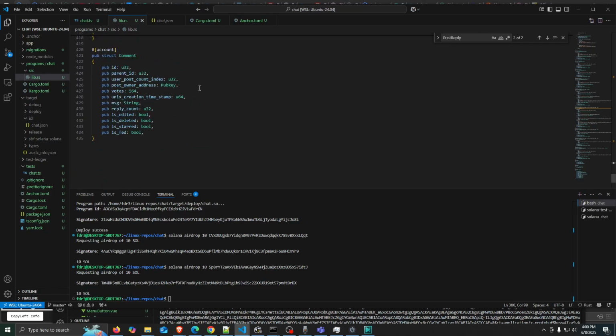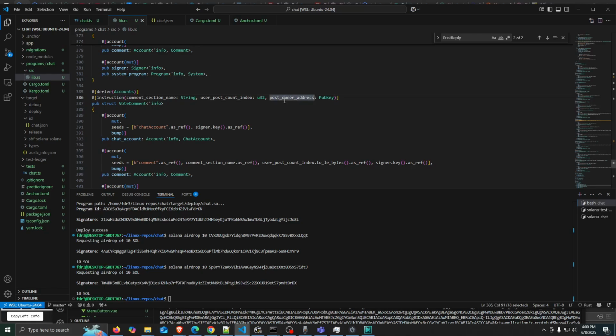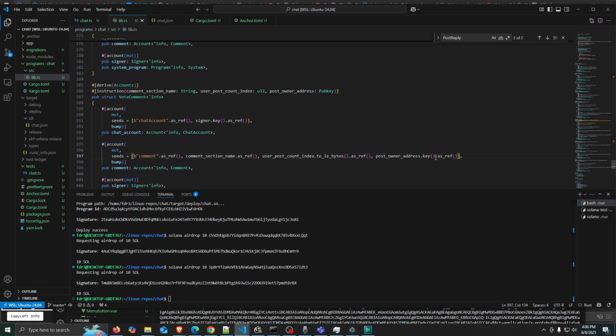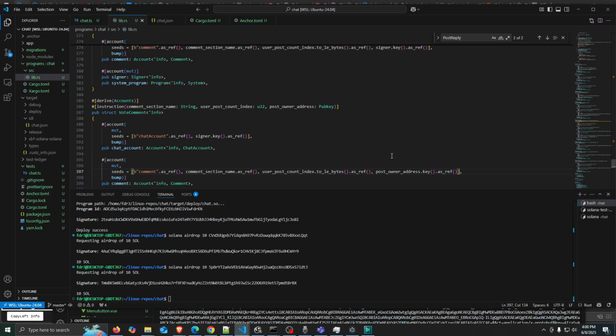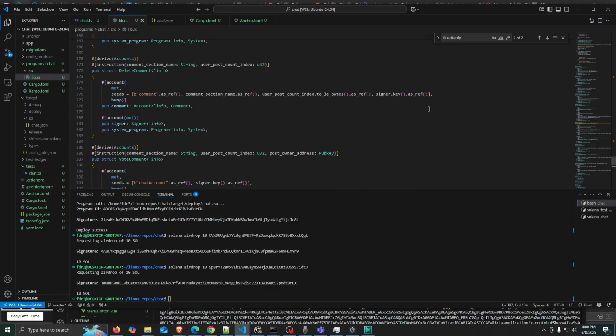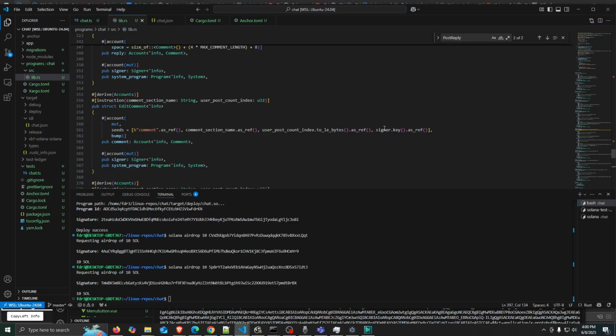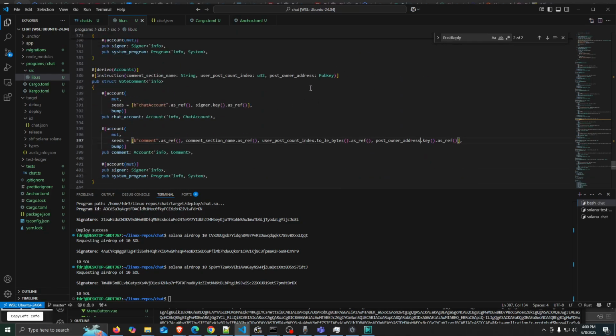Make sure, yep, just like that. Like if we do this and do post owner dot key dot as rough, well, we vote and that should be fine. The other ones, you have to delete your own comment, you have to edit your own comment. That should be fine. So we're gonna need to pass this to our vote comment